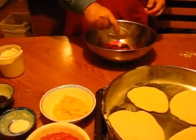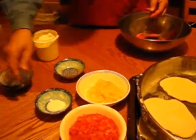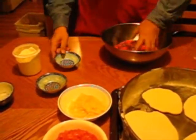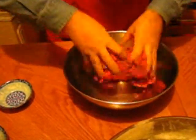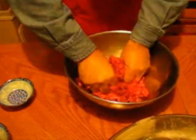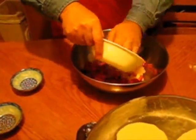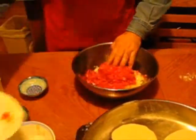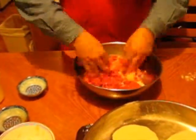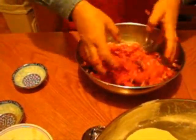First, we'll add the spices and the salt. I will mix them. Make sure your hands are nice and clean before you start the mixing. And then soon after, you add the onions and the tomatoes. Again, these are finely chopped tomatoes. Make sure you don't have anything larger than a millimeter or 2 millimeters